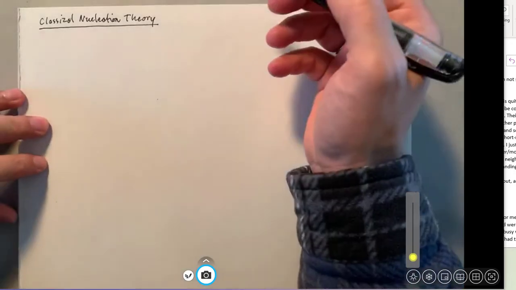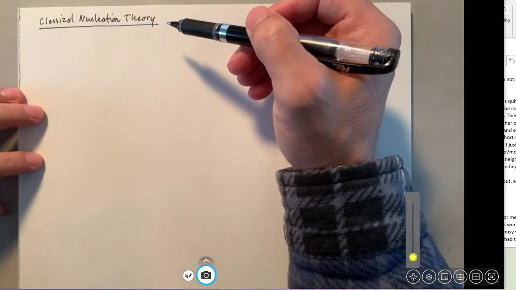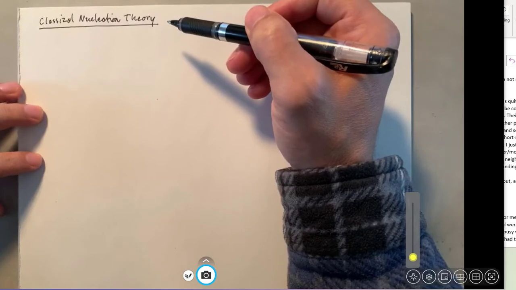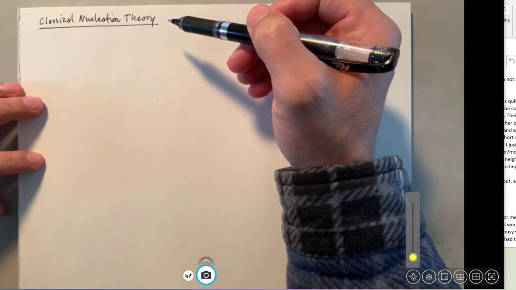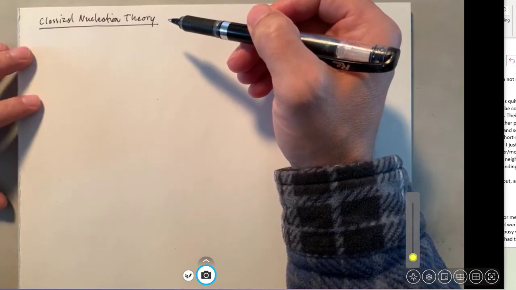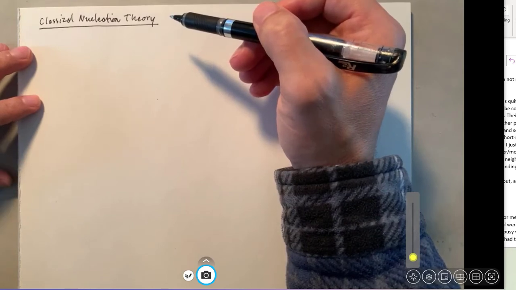Okay, in this lecture we're going to use what we've learned about discrete stochastic processes, specifically discrete master equations, to develop a classical nucleation theory. This is going to be following the work of Becker and Doring. But before we dive into that, let's just review some of the things that we know about phase equilibria for